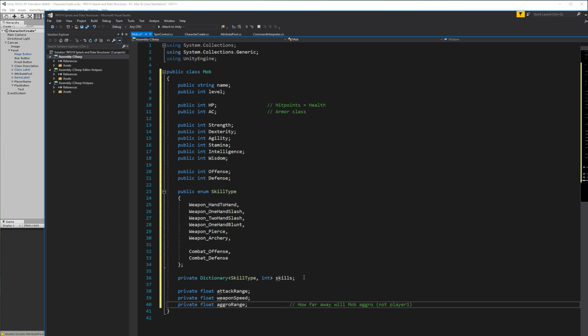Not players. Okay. Because they can aggro whenever they want to. You can decide to attack somebody, but most mobs will have a range that they will not attack beyond. You can think of it as line of sight, but you can also ignore that, just not interested here. I want to also have a private float de-aggro range, and the idea is how far away before breaking off